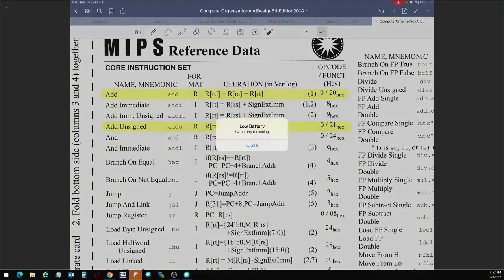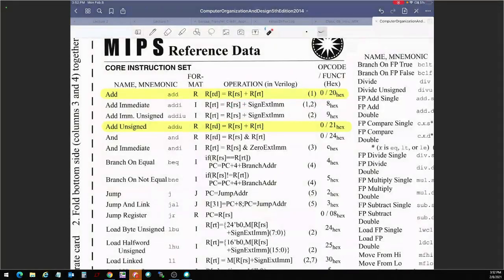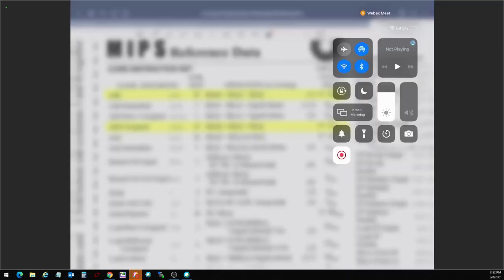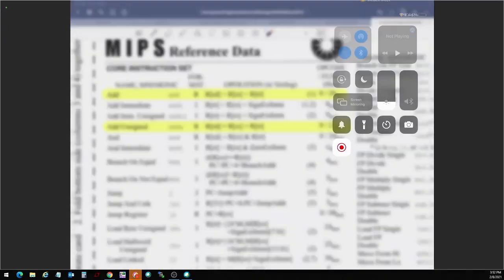Oh my gosh. I'm running into some trouble here. I'm going to reduce the brightness. Okay, so